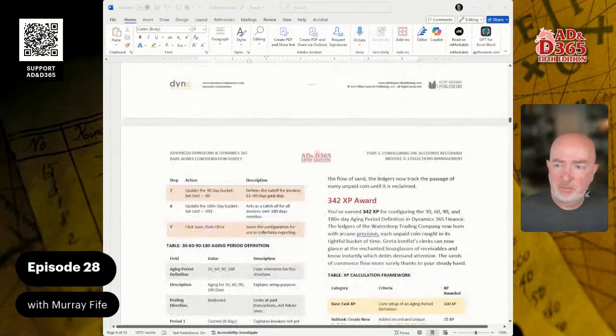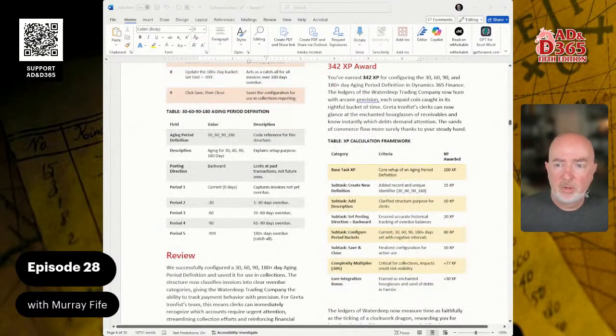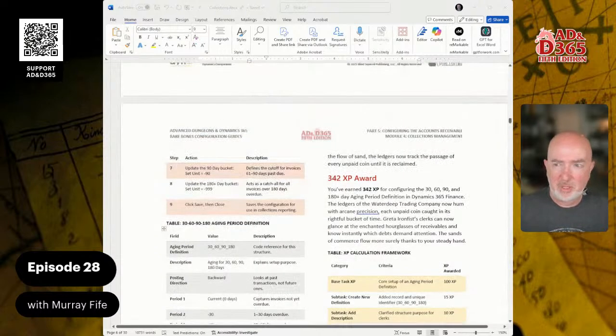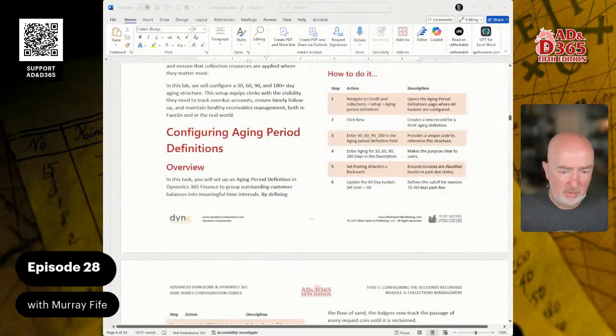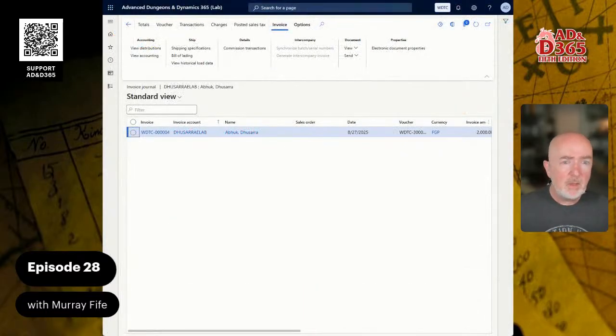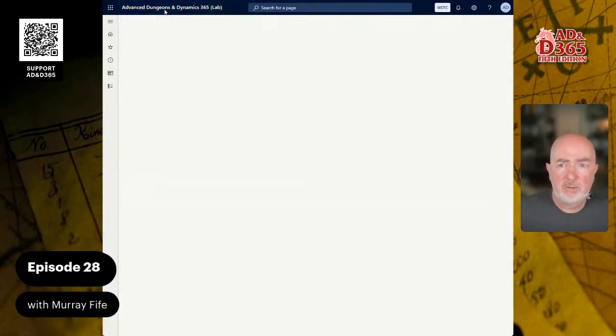So these are the steps that we're going to go through. It's pretty straightforward, but if I remember back every time I do this, there's a little bit of a trick to it as we go through. So we'll see how good the documentation is. So let's go back to